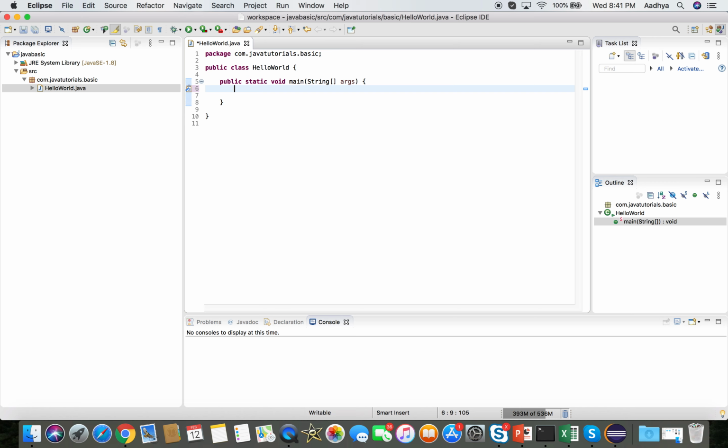The main method is what gets executed when you run the Java program. When you say, hey, execute my program, all you are saying to the JRE or JVM is, hello JVM, can you execute the HelloWorld program? You're actually issuing a command called java HelloWorld. So your JVM or JRE is going to run the HelloWorld program. When it runs the program, it needs a place to start, so it is going to all the time execute